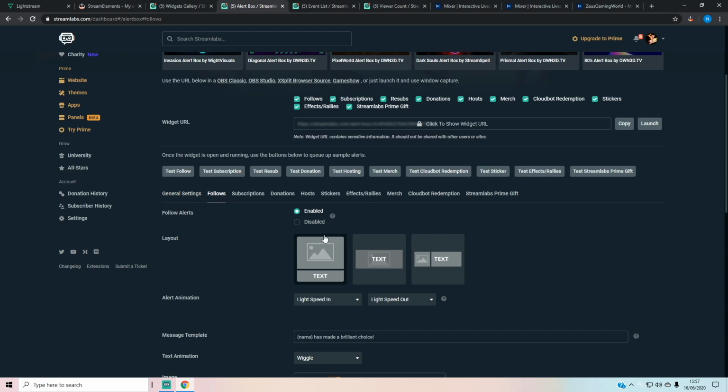If you don't want to be notified or to show off when someone follows, you can hit disable. So you don't have to use all of these. You will go through and select the ones you want. My recommendation is follows, donations, hosts, stickers are the ones in particular that I would definitely make sure you've got